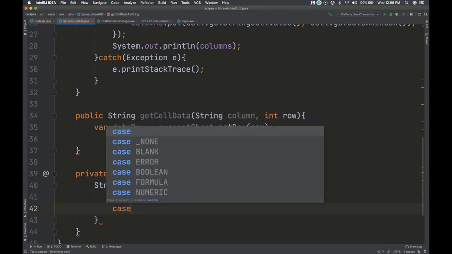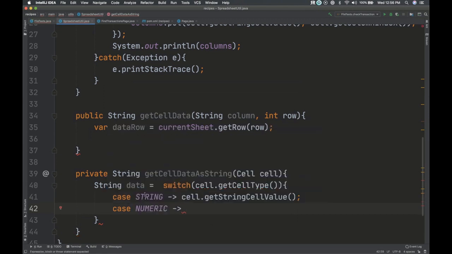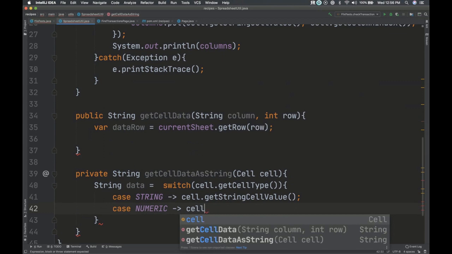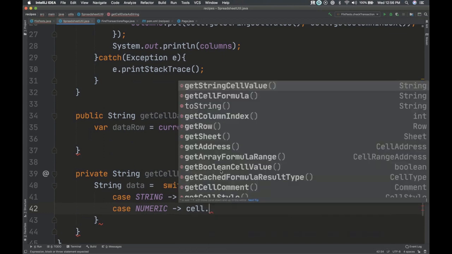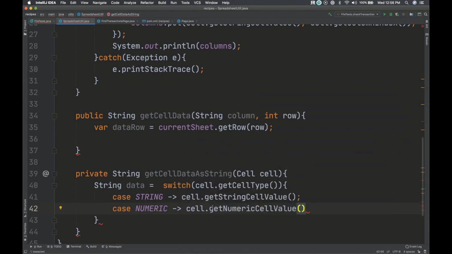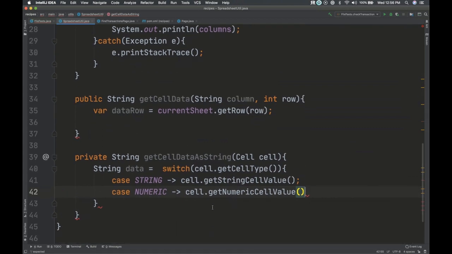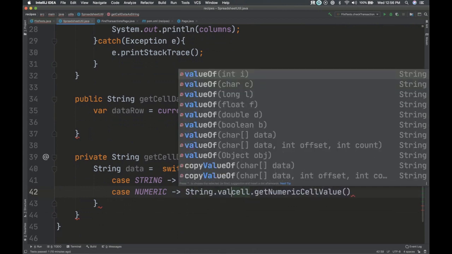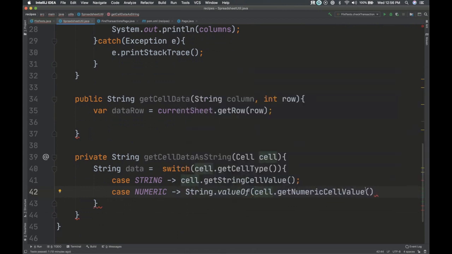We don't have any Boolean, but I could implement all of these. I'm just going to do two, the string and numeric, because that's all we really have. So this time, I need to call cell dot get numeric cell value. But I need to change this to a string. So I'm going to say string dot value of, and then pass in this value.